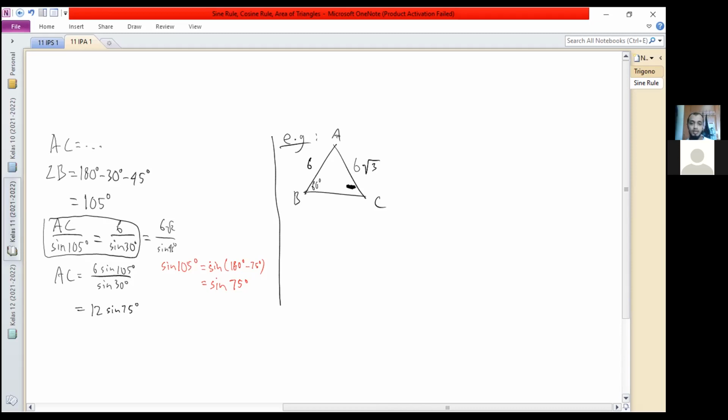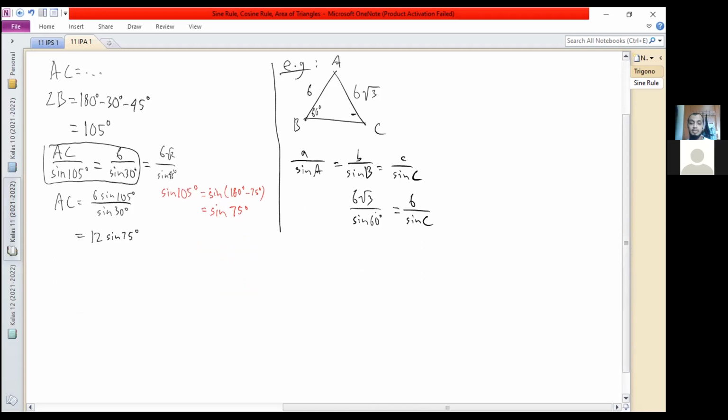In this case, we can find all the angles by first finding the angle C. So we have by the sine rule, a divided by sine of A equals b divided by sine of B equals c divided by sine of C. In this case, the side a and the angle A are not known, so we can neglect that. So we have b divided by sine of B, so 6 square root of 3 divided by sine of 60 degrees equals c, 6, divided by sine of C.